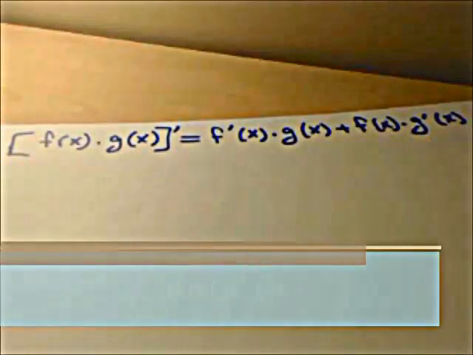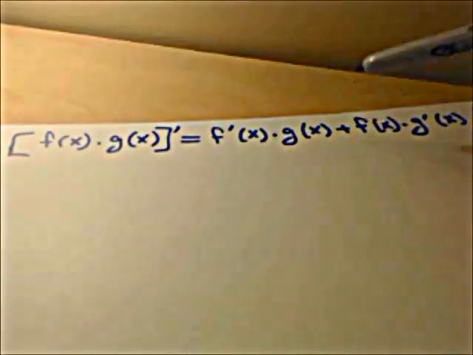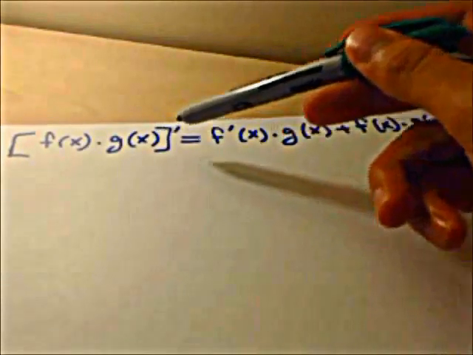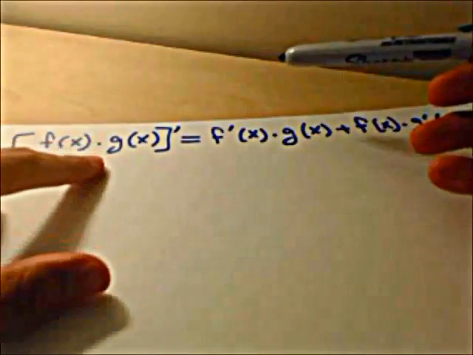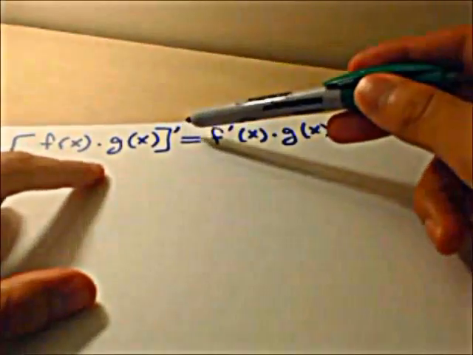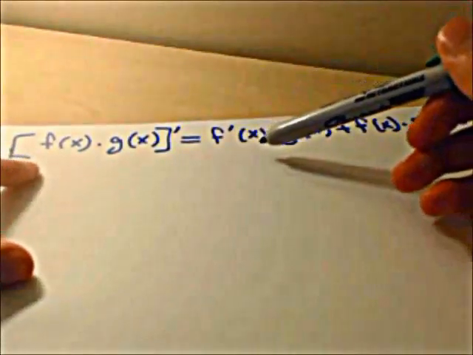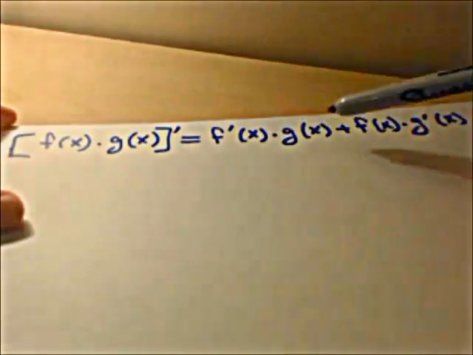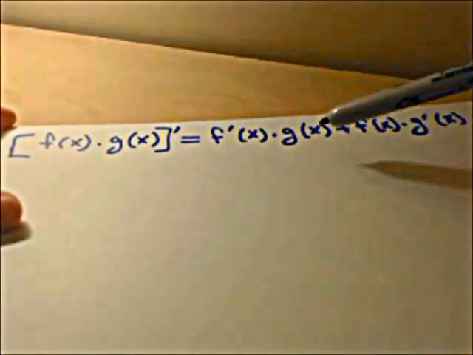In this video I'm going to talk about using the product rule to solve derivatives. The product rule basically says that if you've got two functions multiplied by each other, so let's say you've got f of x times g of x, then the derivative of that is we take the derivative of the first one, f prime of x, times g of x